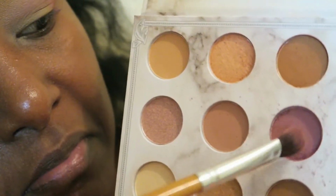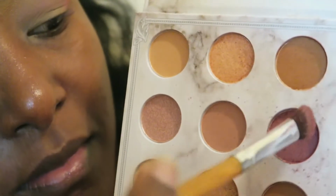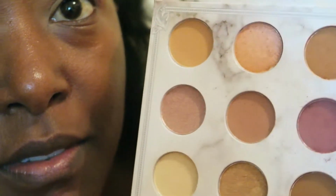And I did use 2 shades, the light brown shades, as my transitional color, but I kind of lost the footage for it, and I'm sorry about that. And I went in with the